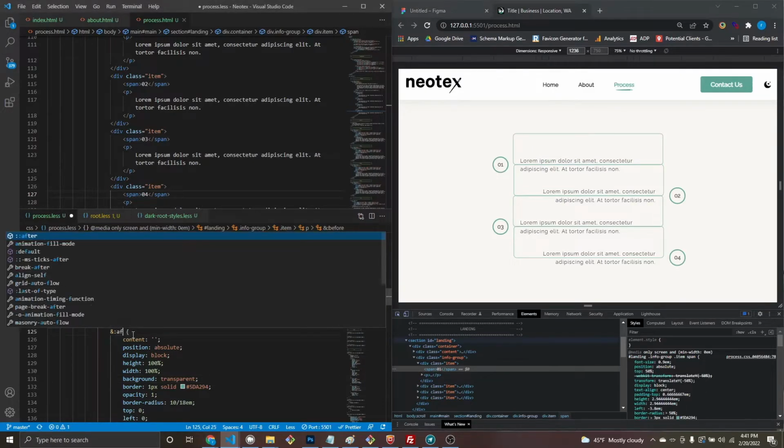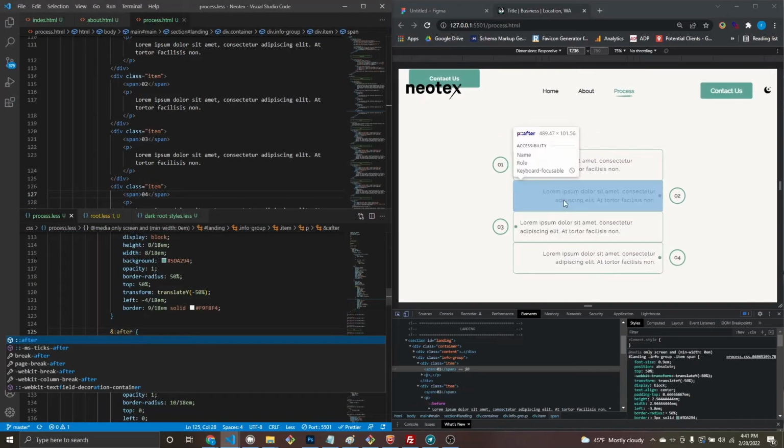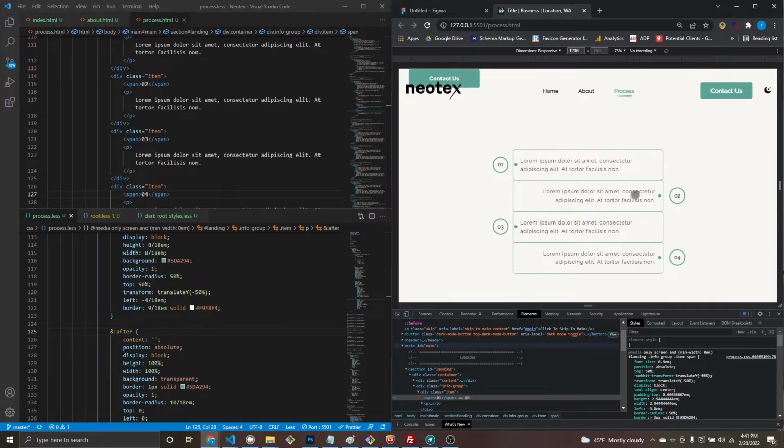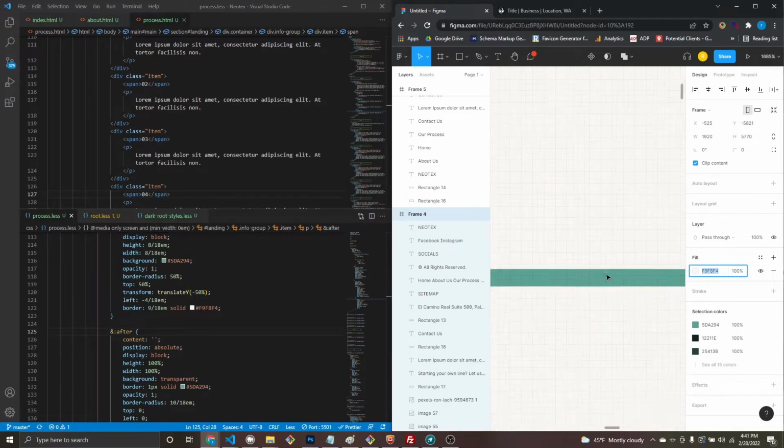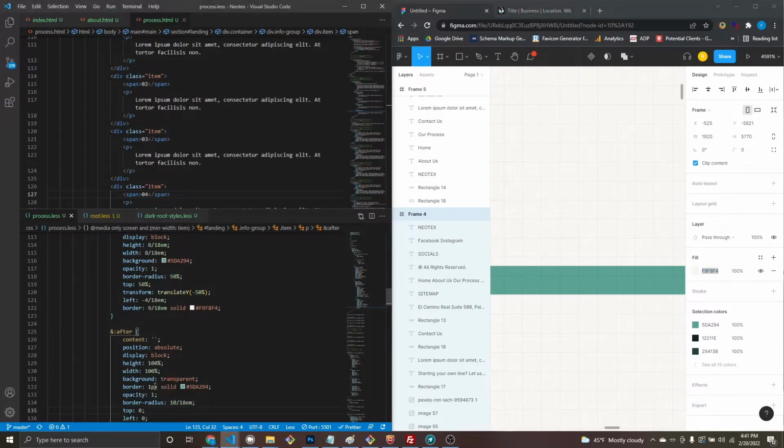Oops. After. There we go. Okay, can you see what I'm going for here? Is this 1 pixel? It's like 1.5. So we're gonna make it to